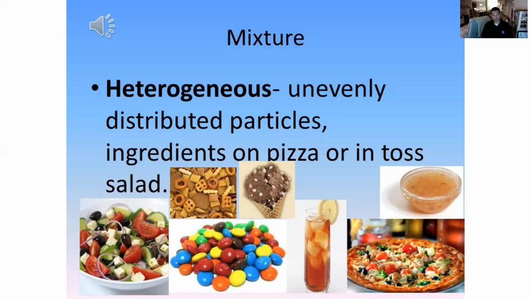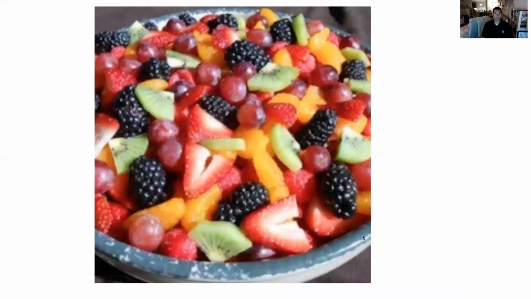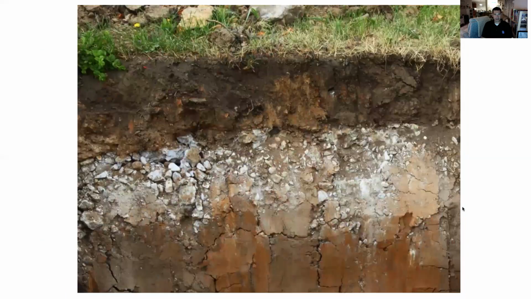If I had a bowl of salad and I scooped out 10 plates, is every plate going to look identical? Absolutely not, right? Someone might get 3 tomatoes, whereas someone's only going to have 2. We're going to see those differences. Think about a bowl of M&Ms. My favorite type of heterogeneous mixture is if I go to Chipotle. I get up to the counter, they ask me what I want, and I say, 1 heterogeneous mixture, please, right? And they're going to put the rice and the peppers and onions and the meat, and they're going to put it all in a bowl, and it's going to be really unevenly distributed. All right, so again, like a fruit salad, a bowl of Skittles.